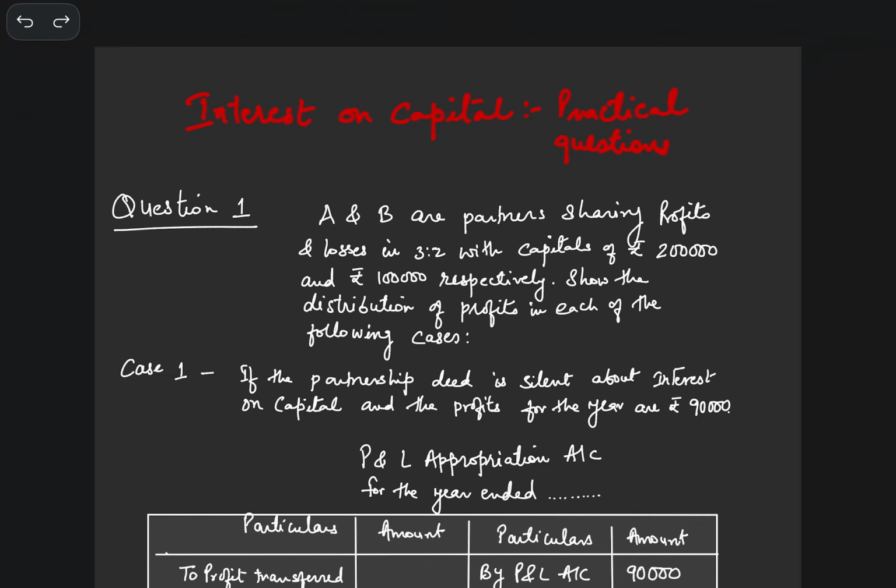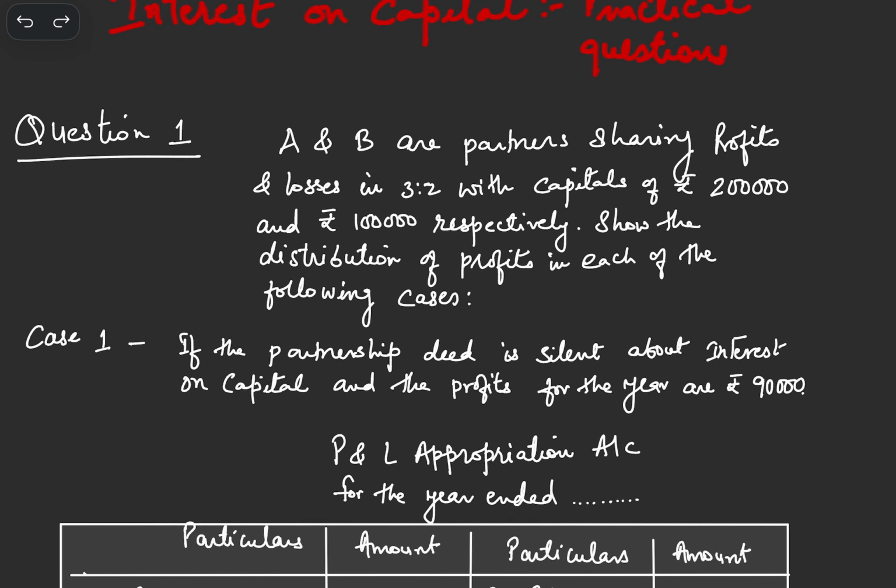Question number 1: A and B are partners sharing profits and losses in 3:2 ratio with capitals of rupees 2 lakh and rupees 1 lakh respectively. The question further asks, show the distribution of profits in each of the following cases. In this question number 1, we have various cases, maybe 8 or 9 cases. So the case number 1,